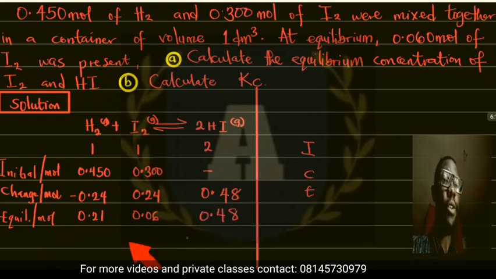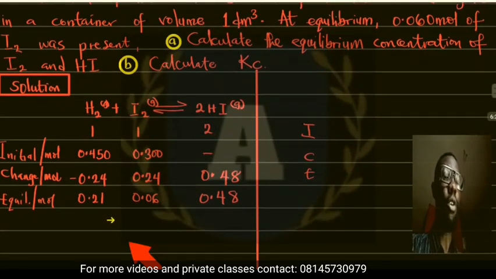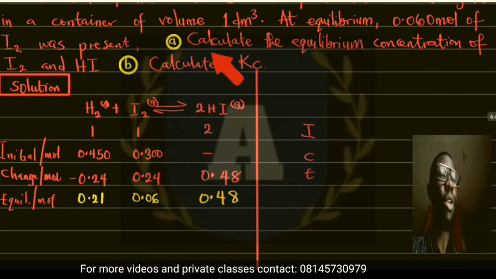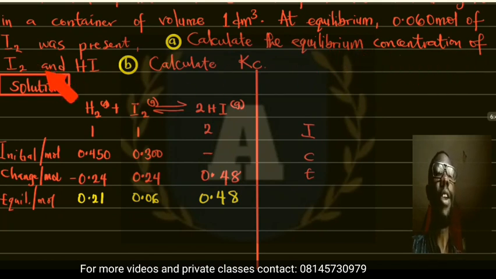0.48. So therefore, it is seen that the equilibrium concentration in mole for hydrogen is 0.21, then for I2 is this, and for hydrogen iodide is this. But meanwhile, the question says calculate the equilibrium concentration of I2 and